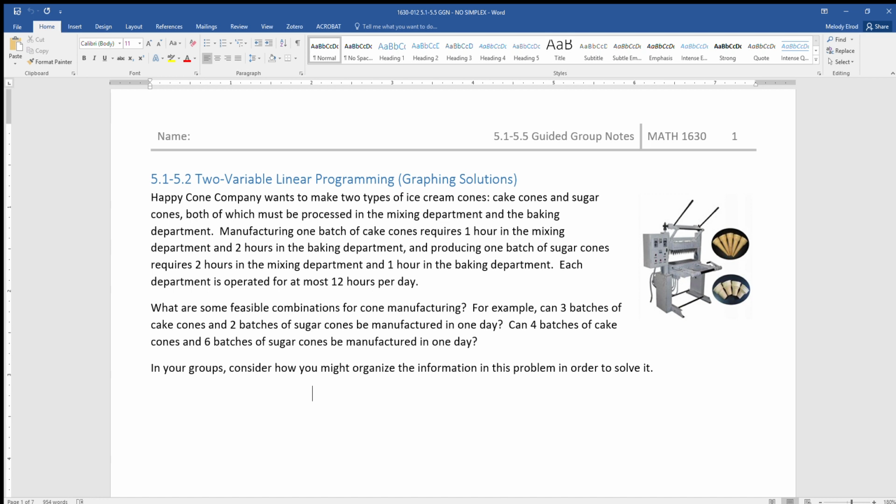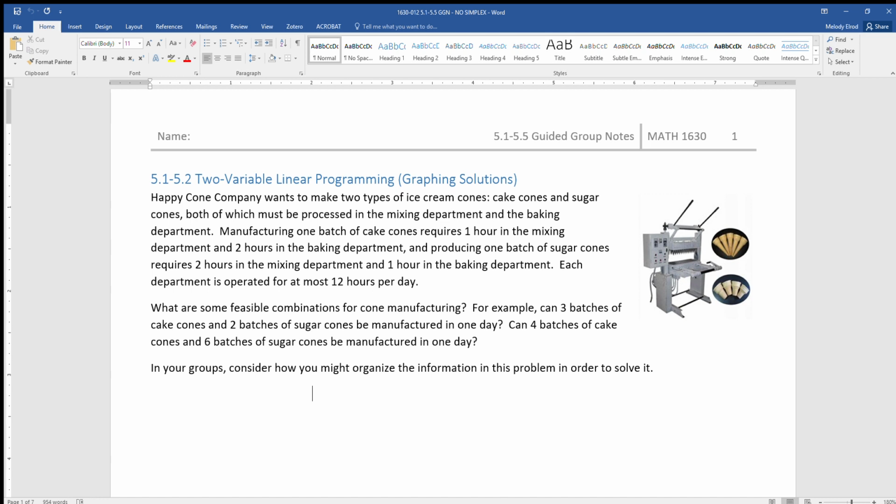So anyway, the first couple of sections, 5.1, 5.2, are about two variable linear programming. So linear programming problems are problems where you take a lot of parameters. Like here's this situation, for example, on this first page: the Happy Cone Company wants to make two different types of ice cream cones, cake cones and sugar cones, both of which they have to process in the mixing department